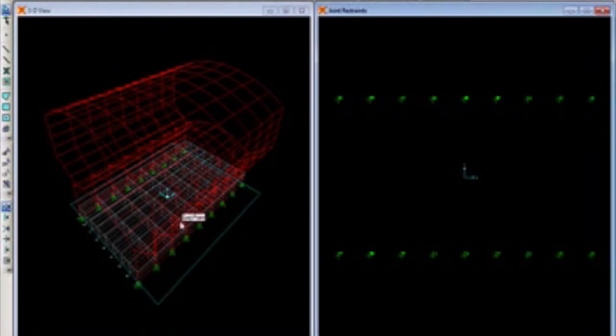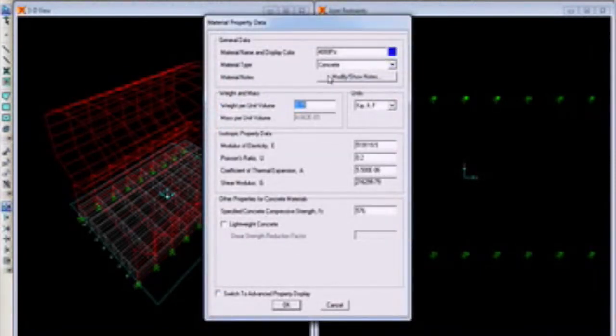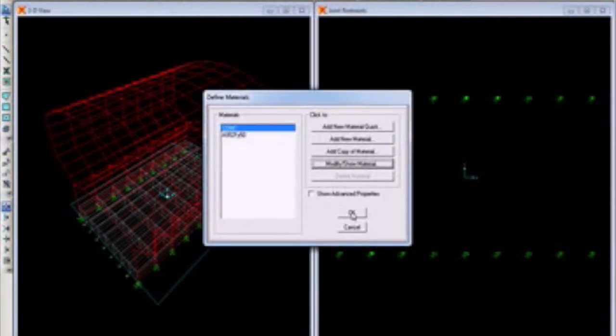And now I should go for the load cases. Before going for the load cases, I want to define the properties. So go to define material properties. You can go to modify, show materials. What you can do is change the unit here to kip-inches, feet for height, and you can just say it as concrete, CONC. And now try to change it to 3600, and just say okay, and see that 0.2 is the Poisson's ratio, and just say okay and okay.